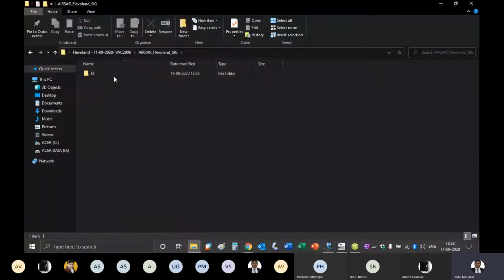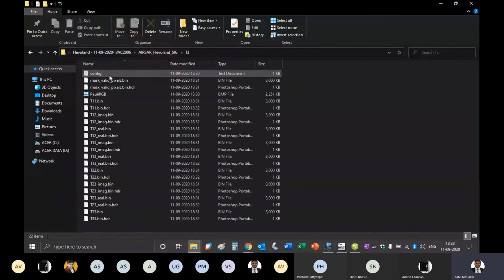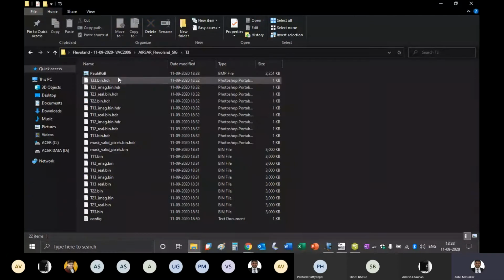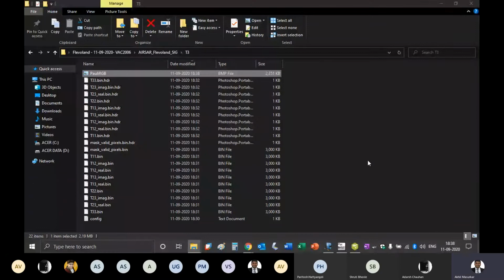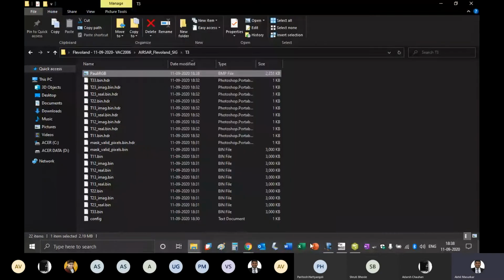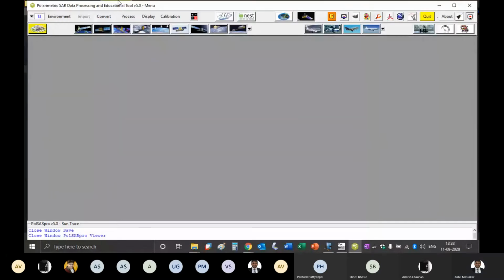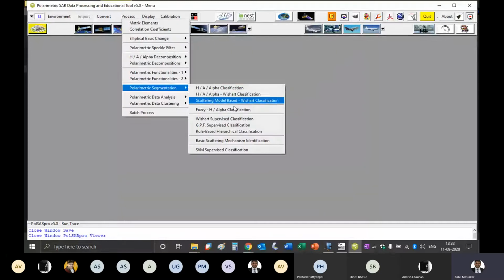You can see inside this Sigma folder, there is a poly RGB and it has been filtered. It's a filtered RGB. Okay, great. Now we exit this thing and go to process, then go to polarimetric segmentation, SVM.